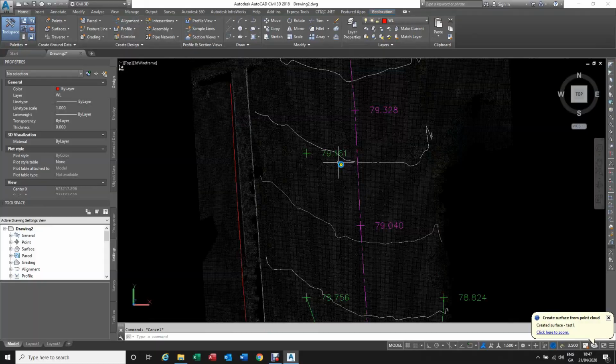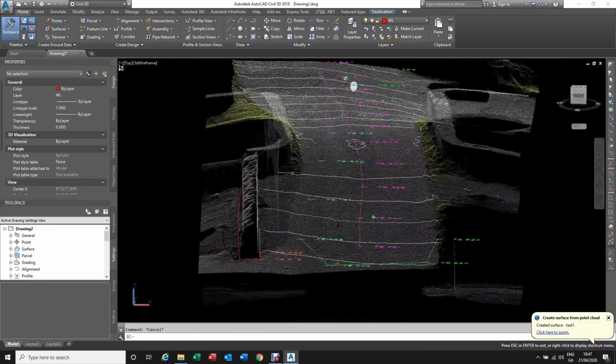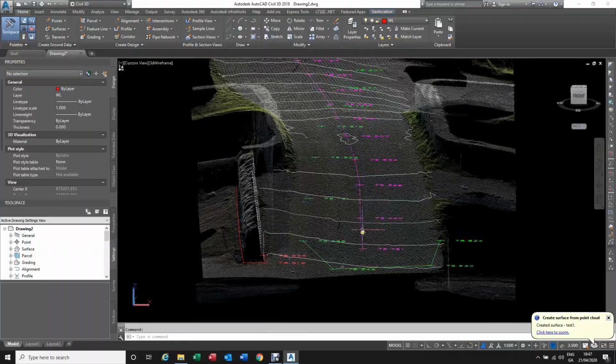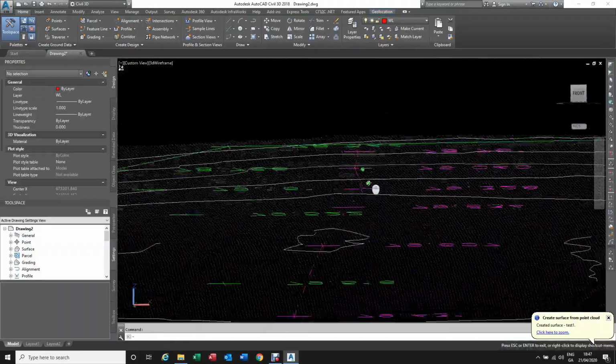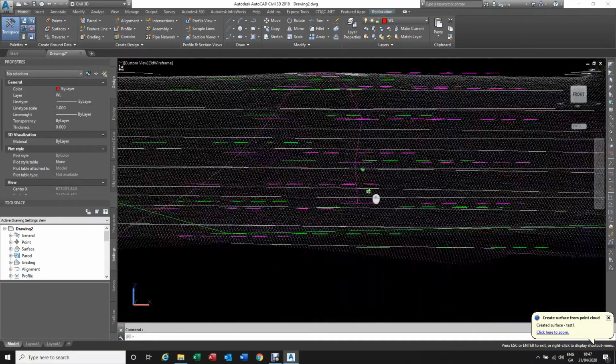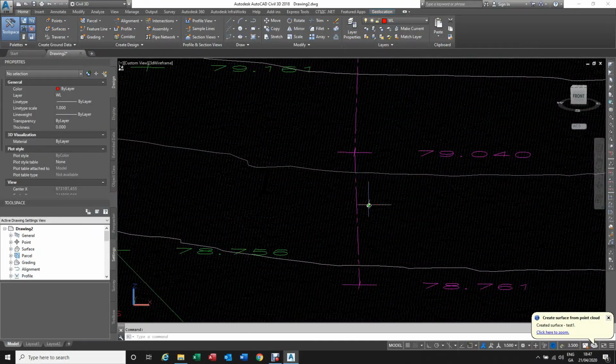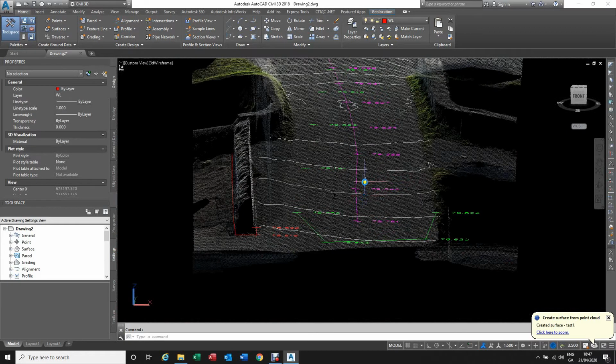So we have this line perfectly on the surface. But it's not part of the surface, it's just on the surface. If for example you have a line you surveyed and that's 100% line, that's a corner of the building for example, and it's not on the point cloud, but you want the surface you create to be including this line,